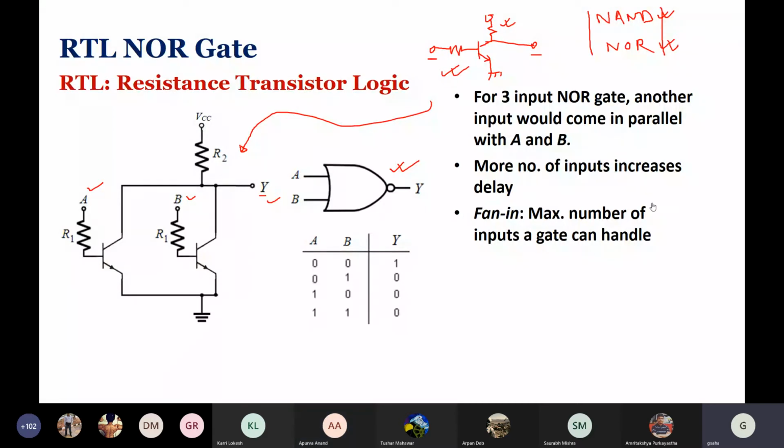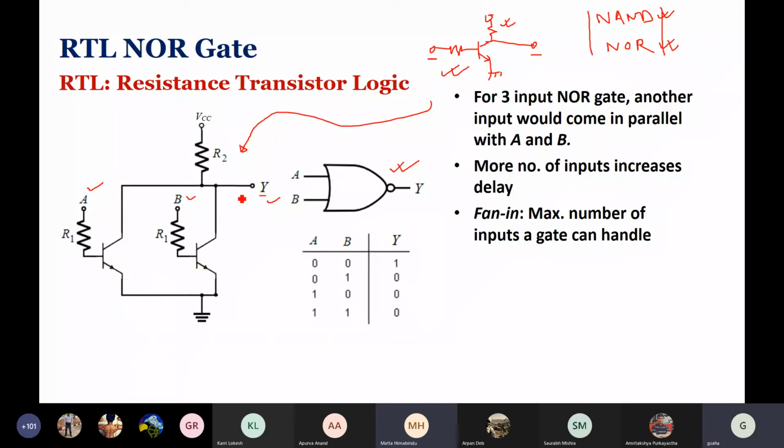Will somebody volunteer, or will this show go on like this? Sir, I can try. Yes, please, Himabindu. Yesterday also you spoke, but as I said, now it is open. Even if you have spoken before, you can continue. So when both A and B are 0, both the transistors will be in cutoff state and Y will be high.